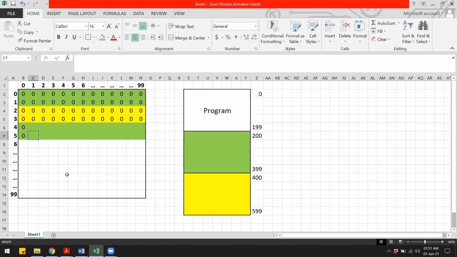Now we know that for every page fault, 200 elements will be brought into the memory and will be initialized to 0. Now in the array there are a total of 10,000 elements because the array is of size 100 by 100. And in each page fault, 200 elements are initialized to 0. That means in total we are going to need 50 page faults, after which all the elements in the array will be initialized to 0. So answer for part B is 50 page faults.